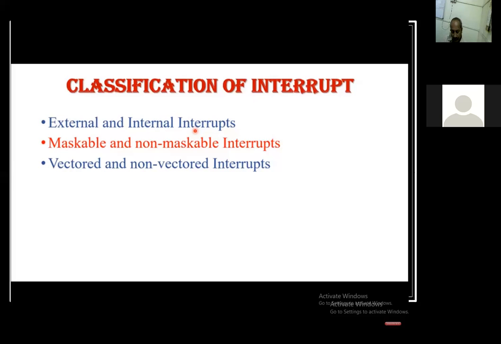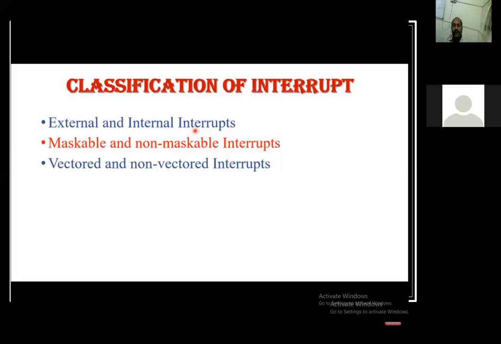If a sensor is connected at the input and it has given INT0, that is an external interrupt, to the 8051, at that time it will tell you not to go to 0003. Instead, go to some address ABCD, where I have written the subroutine program.